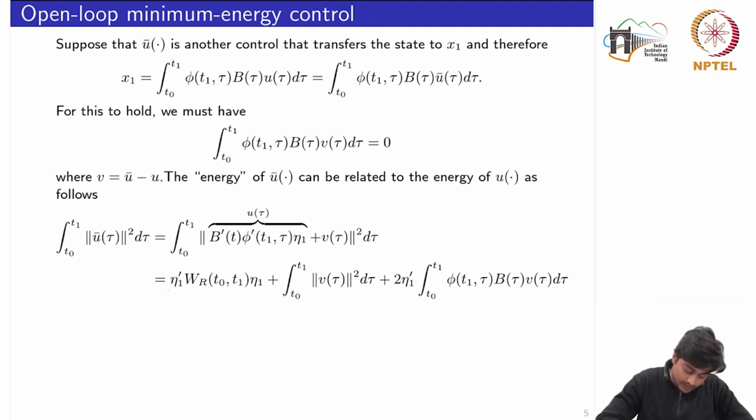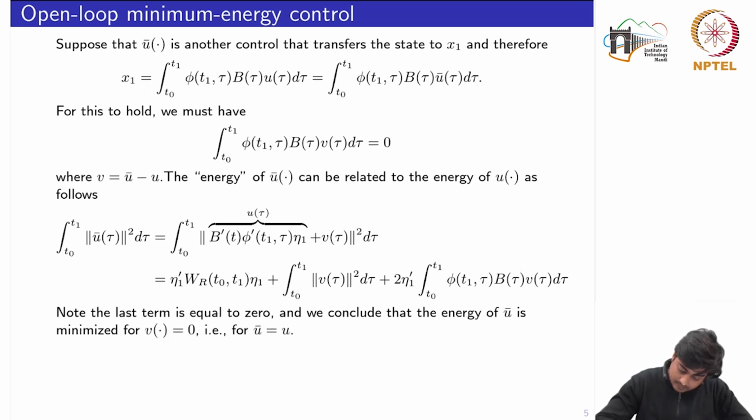Okay, so we would have eta 1 transpose and eta 1 at the end, and the rest of the remaining part would be the reachable Gramian matrix, which we have specified by WR. The norm v square integral would stay as it is. Similarly, plus twice of eta 1 transpose, phi, B and B. Okay, now note that here this term would be 0 from here,